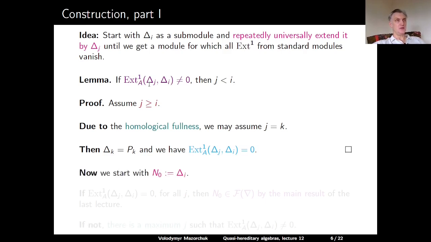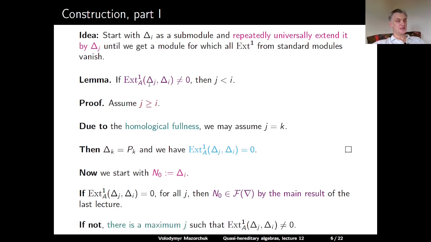So now we do our construction. We start from the module delta I. Let's denote the starting module by n0. The first case is the case when all first extensions from all delta j's to delta I vanish. Then, due to our characterization of F delta and F nabla, n0 belongs to F nabla, and so we are done. If the condition that all Ext1s from all delta j's to delta I vanish is not satisfied,